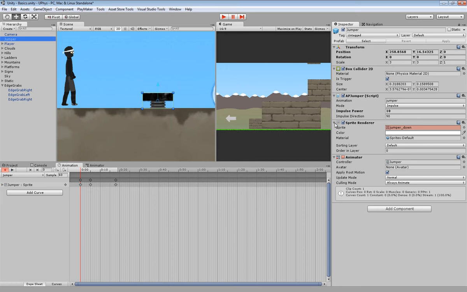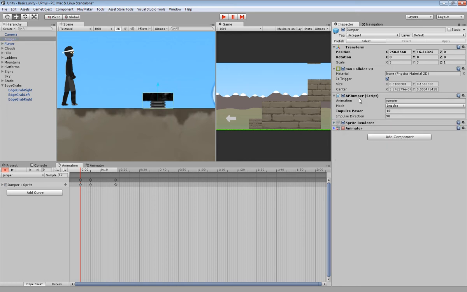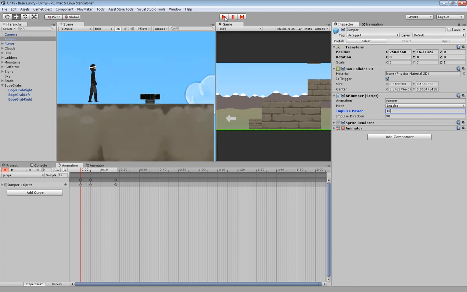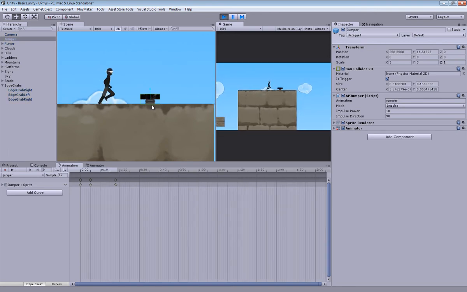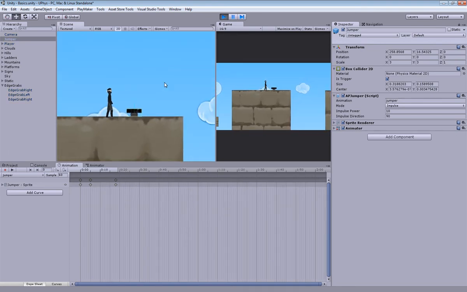And now you have the settings. You have two impulse modes, the impulse standard mode and the jump mode. Impulse mode is just a standard impulse with a power and direction. So if I move on the jumper,